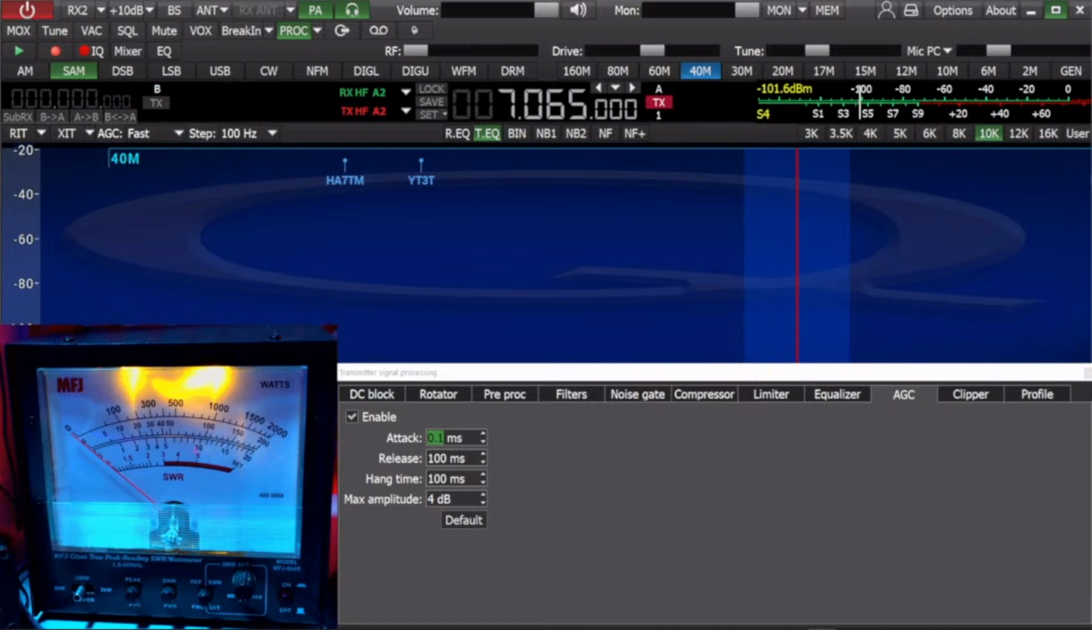So what you're seeing on the screen right here is I do have the AGC engaged, and I moved the attack down to 0.1 milliseconds. Now, even if you save this profile at 0.1, it will default back to 1 millisecond. So you have to go back in and change this. I can't really tell if it's that much different between 1 millisecond and 0.1 millisecond. It's splitting hairs. I did move the maximum amplitude up to 4 dB,